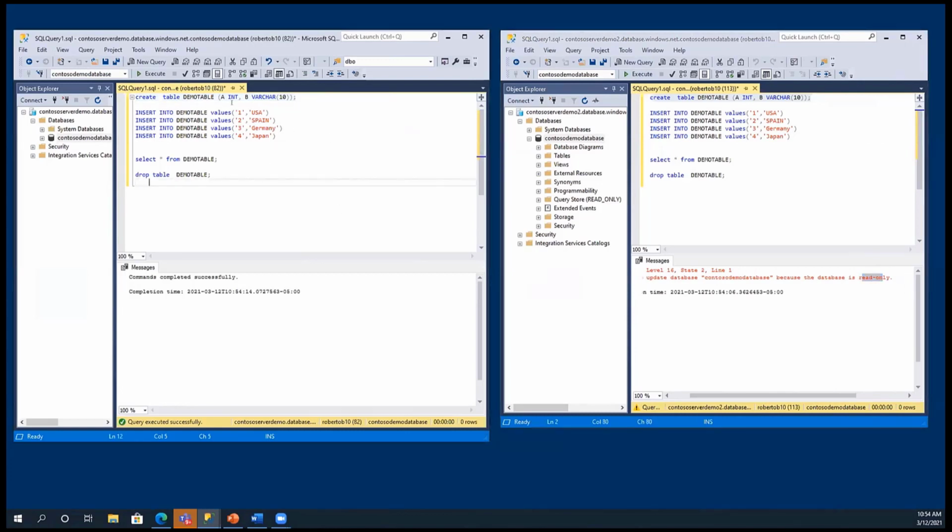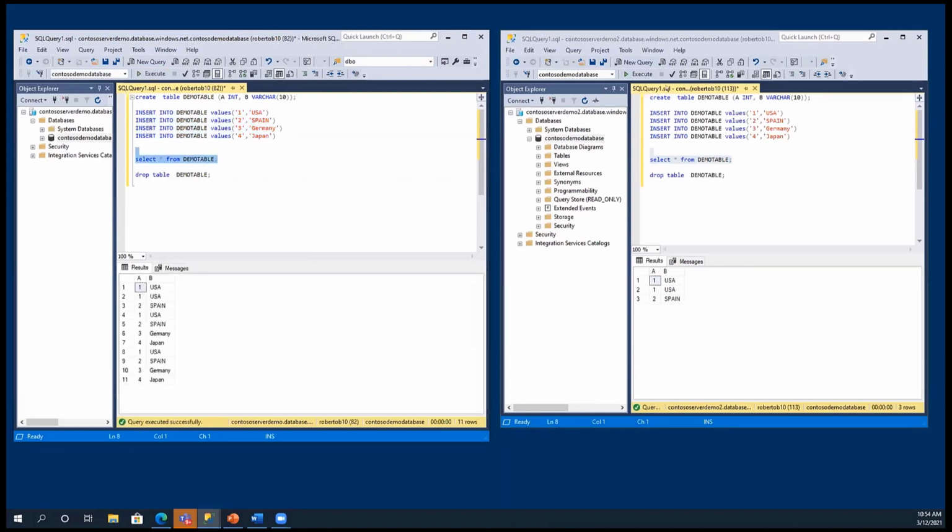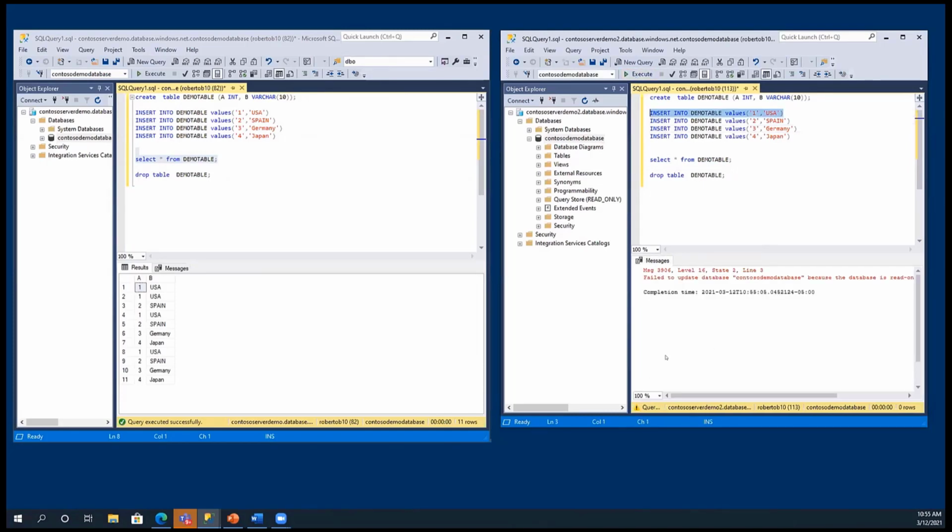So if I insert any data in the primary, you will see, of course, that it is going to be replicated to the secondary. And as you can see, anything else I add here in the primary is going to be reflected in the secondary. And the interesting point here is that if I want to insert something in the secondary, it won't let me do it because it will say, this is the secondary.